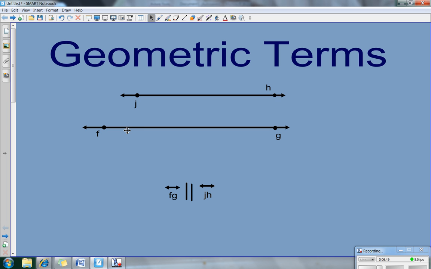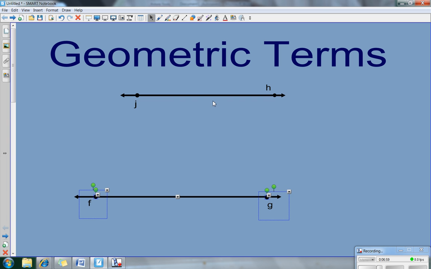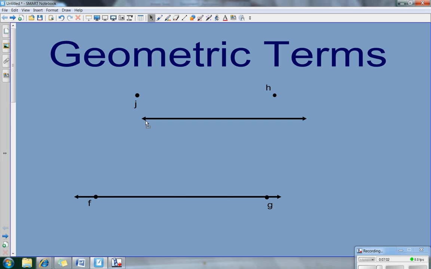Our last geometric term we're going to talk about here today is skew lines. Skew lines also never meet, but they never meet because they're on different planes. They're on different levels. It's kind of hard to draw this out, but if you picture it here, we imagine this point being at a higher level. Even though these might meet if they're on the same level, they would meet somewhere, right? If they're at different levels, if JH is at a higher level than FG, imagine it maybe like on the ceiling,